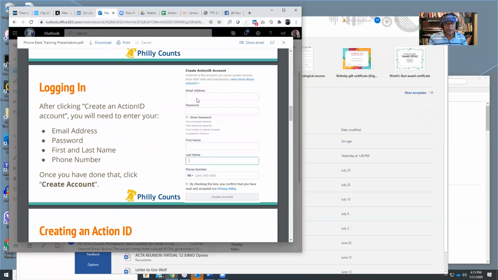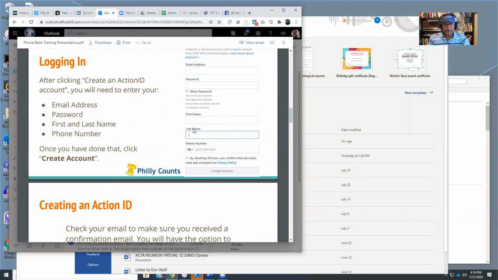Then you put in an email address that you use and a password you can remember. I like to usually click where it says show password. I have very fat fingers. Sometimes I hit a key and it usually hits the other key. And then I sometimes have difficulty remembering the password. That's not what I put in. What happened to my password? So when I show the password, I verify that that's what I wanted to have. I usually write down the password on my desk in my workspace, or I store it in the memo folder in my cell phone. So in case I have trouble, I can go there.